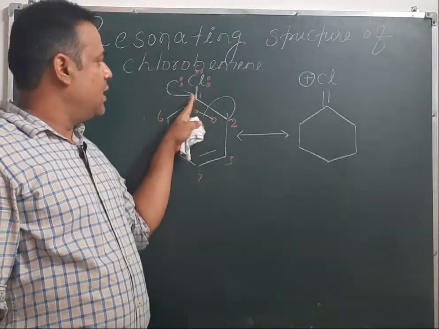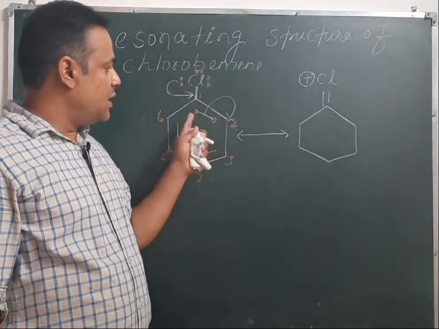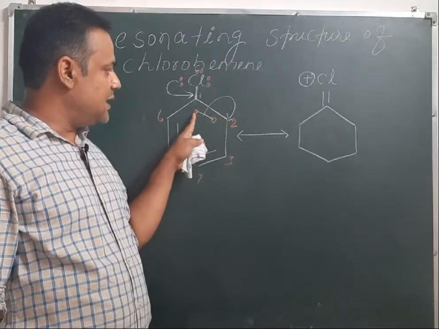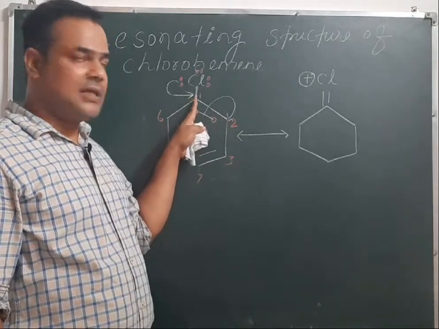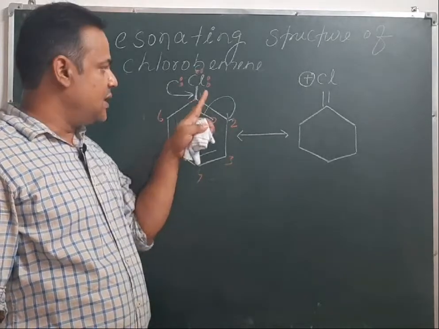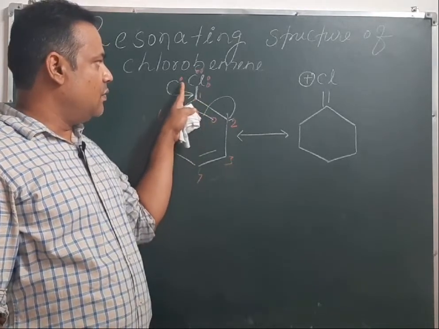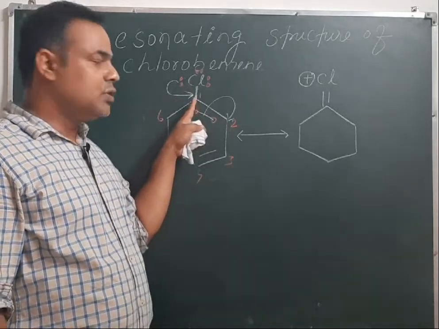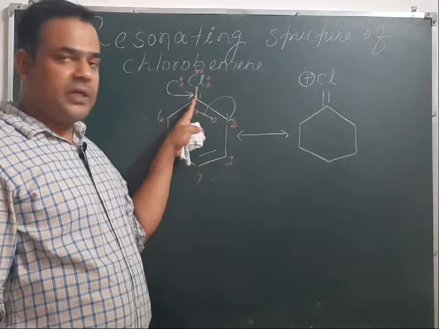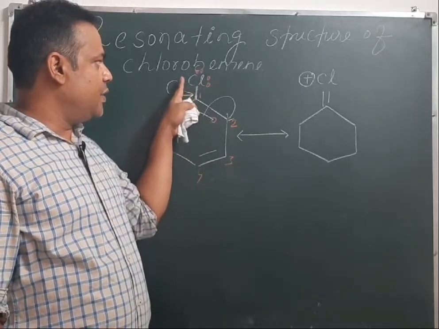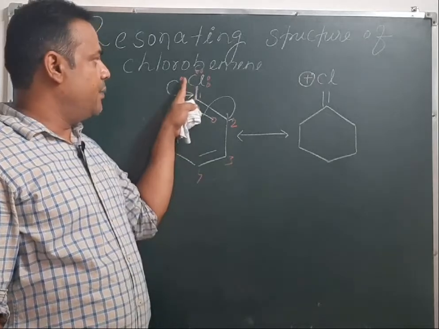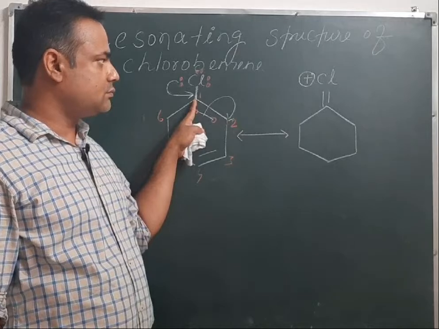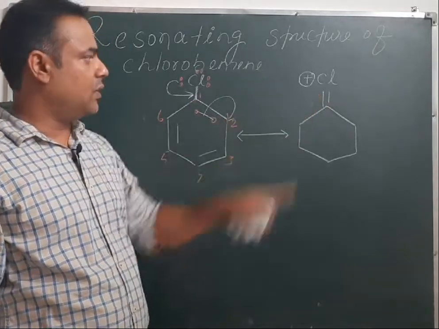Hope you are understanding. Again I am repeating, when this bond shifts onto this carbon number 2, this carbon has lost its electron, so it will acquire positive charge. When it acquires positive charge, one electron will move from this chlorine atom to this carbon atom to neutralize this positive charge, and after neutralizing that positive charge there will be covalent bonding, that is pi bonding, between this electron pair and the electron pair of the carbon atom, resulting in formation of this pi bond.